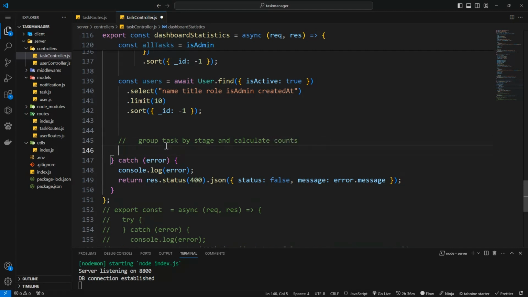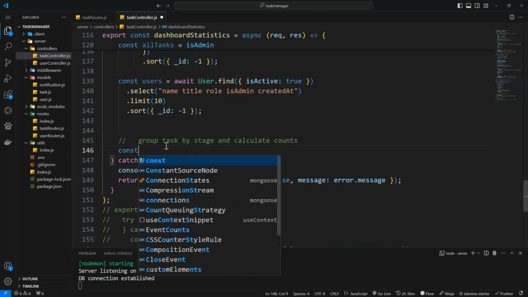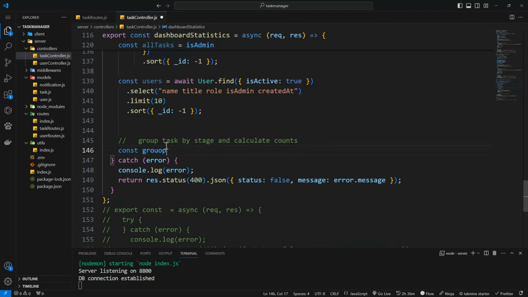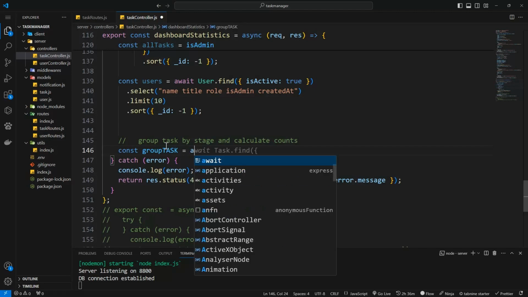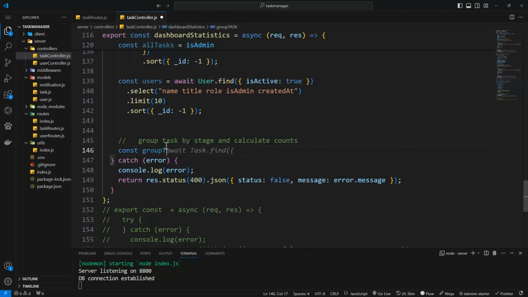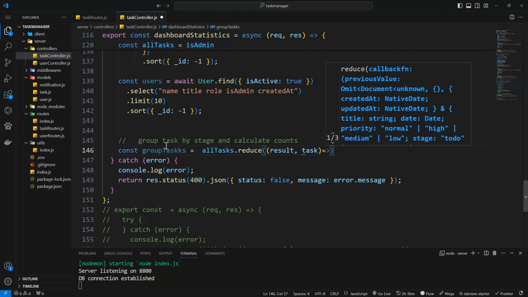So now let's say const groupTasks equal to allTasks, right? Great. So we're going to use the reduce function, and when we use it, we get the result and task. Okay, so we do result and task. Then